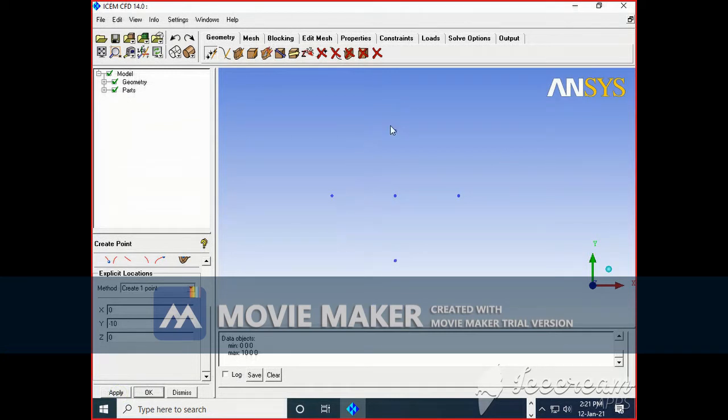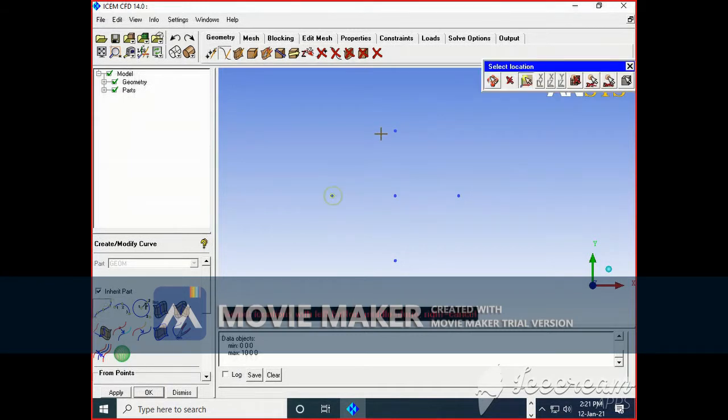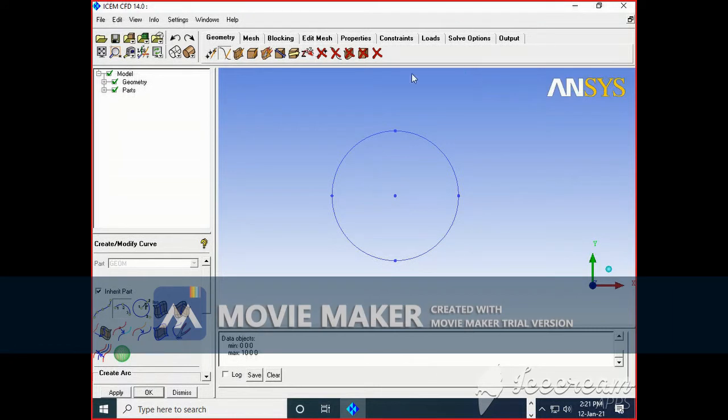So I can easily draw a curve. I will go to the curve option. In that, you can use simple curve 1 2 3. You will get it like this. Then you can use arc 1 2 3, 1 2 3. So likewise you can draw a circle. Now you can see in the z direction how it looks.